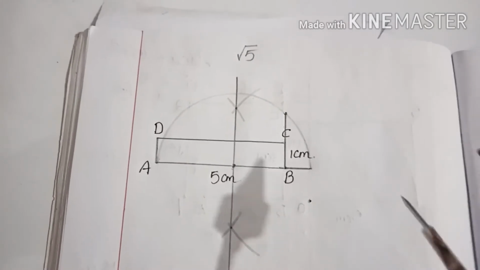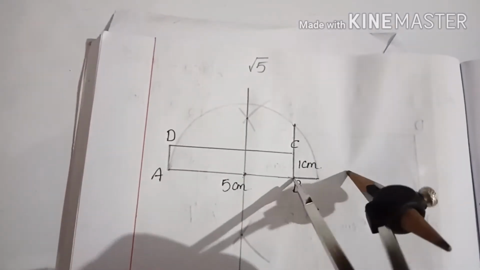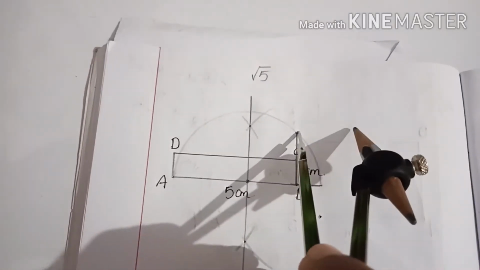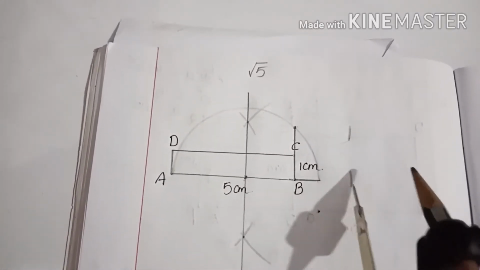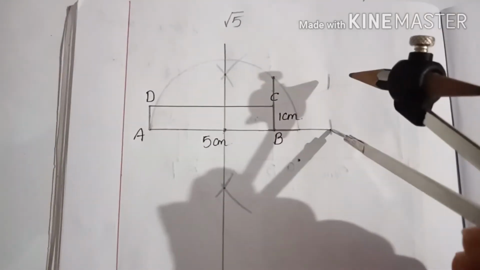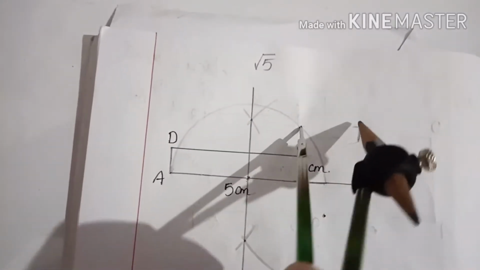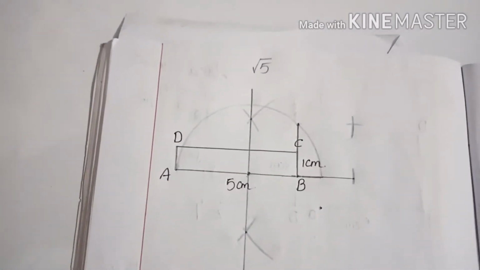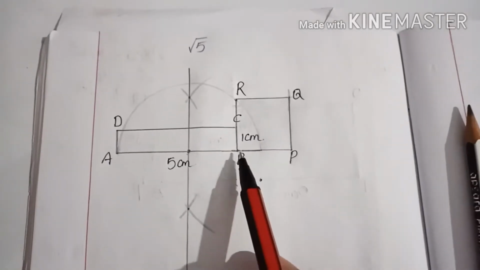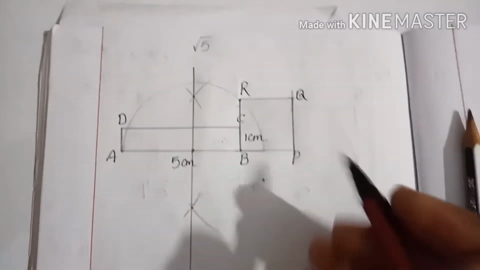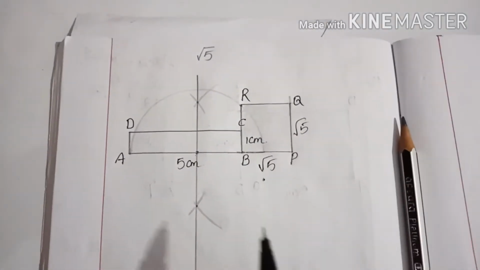Now we need to draw the square. So measure this length, this is root 5. Draw one arc here. Then here also you need to draw one arc. Then extend this, and then we will get a point here. Then draw another arc from that point, like this. So we got 4 points. Now by joining these 4 points, we will get a square. So here BPQR is a square with side root 5. All the sides are root 5. So this is the first way.